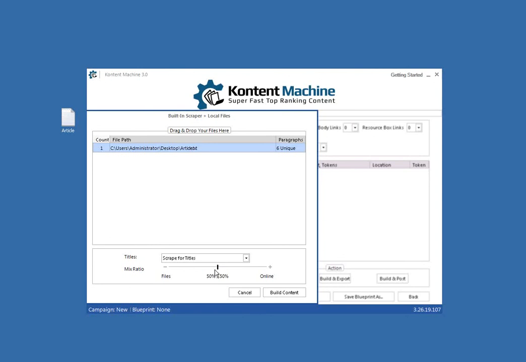I would move this slider across. If you're going to add, say, 20 of these, Google Alerts for instance will find 20 easily, and it might take you 5 minutes to copy them all across to their own notepad files. If you created 20, I'd have that at something like 80% in favour of online. So altogether there's 100 files that will scrape. 20 will be yours, 80 will be